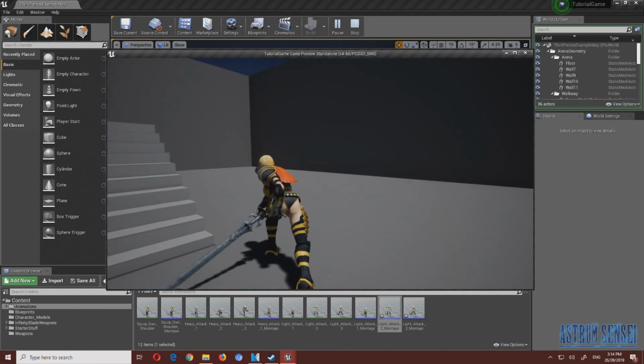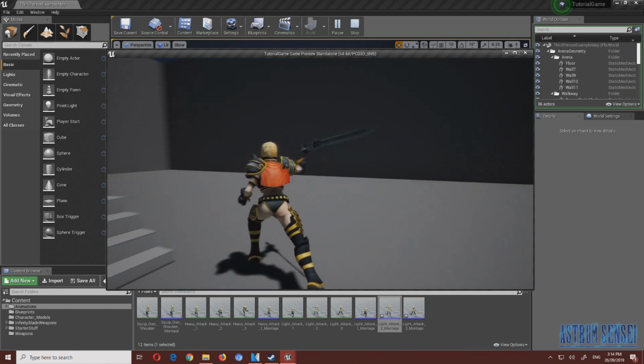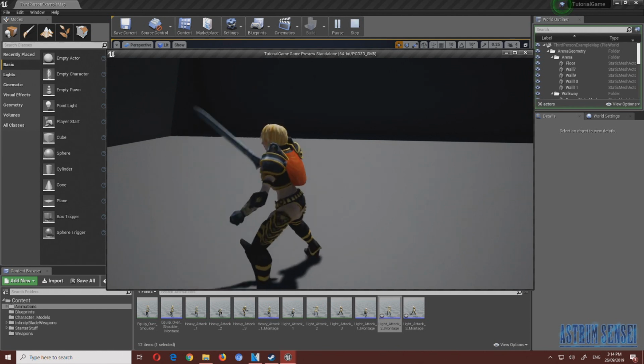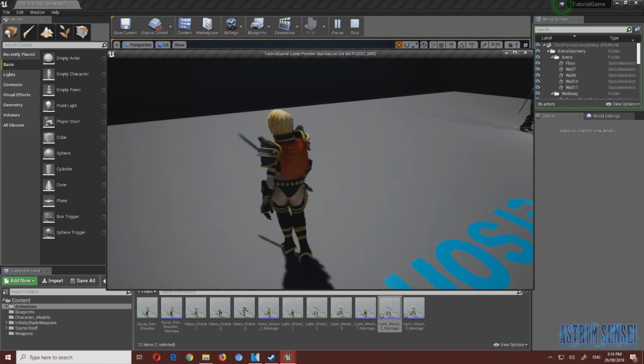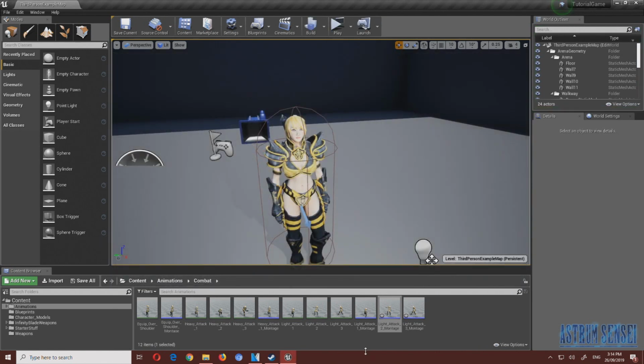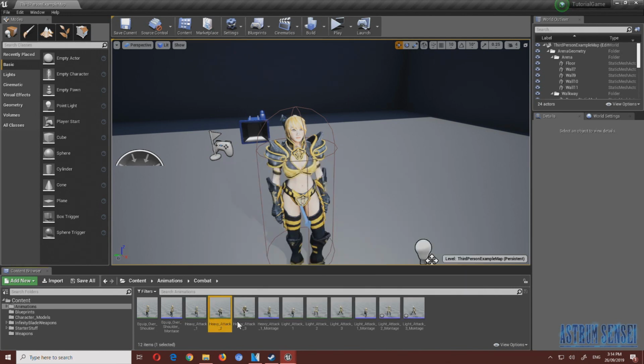There's still an issue, I'm not sure what it is, but sometimes she just keeps redoing the same attack. I think we're pressing them too fast behind each other. I'm not sure. It definitely has something to do with the delay values in the blueprint, so we're gonna mess with that later. But for now, let's just add the third attacks, which is heavy attack 2 and 3, and